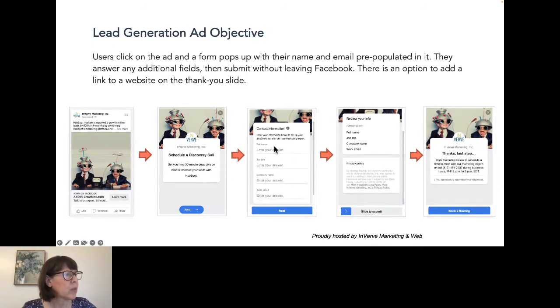And typically what would happen is their name and their email would pre-populate, but in this case, we're doing work email, and most people do not use their work email to sign into Facebook, but that is an option. Then once they fill it out, they click next, and then they can see a summary of everything they've put in. Your privacy policy can be listed here, so folks can look at that if they're a little uncomfortable, and then they can slide it to submit, and then there could be a thank you,